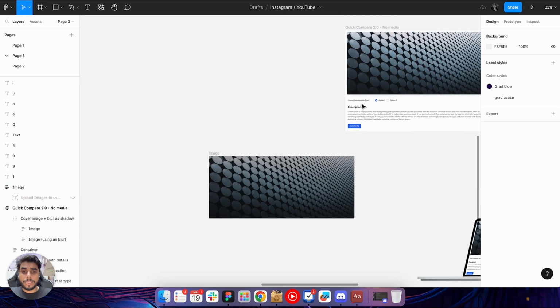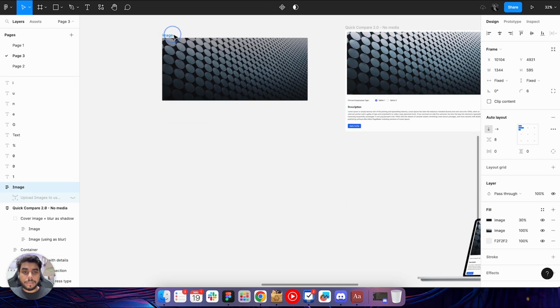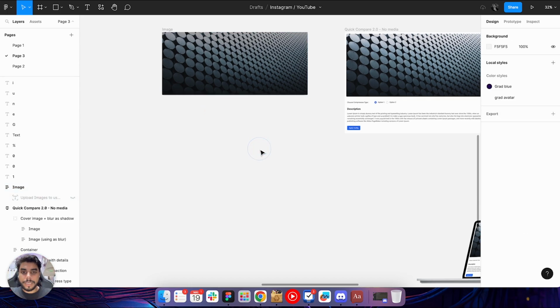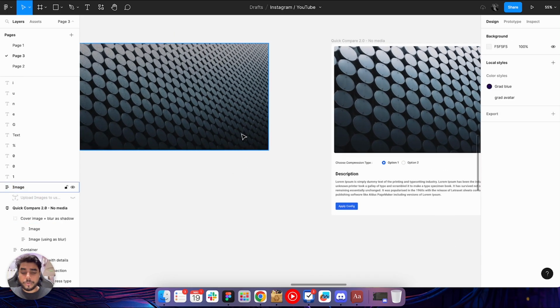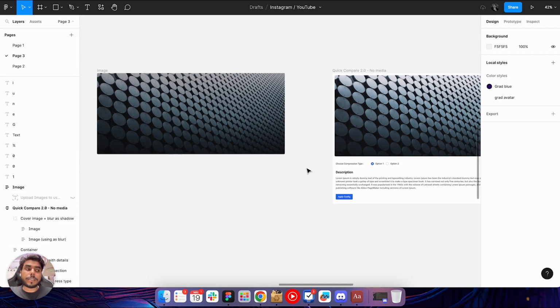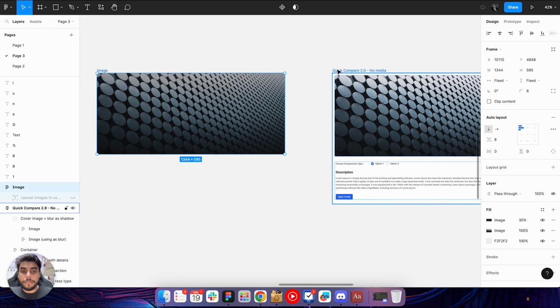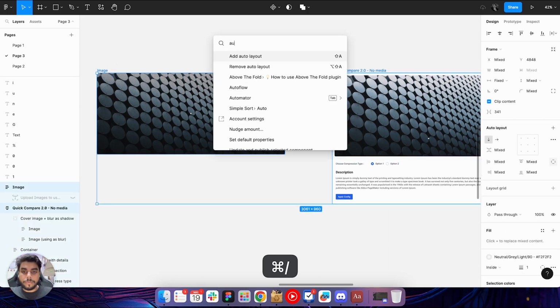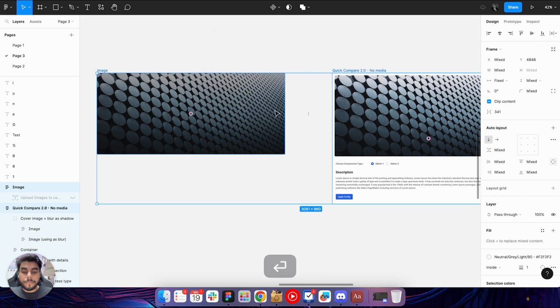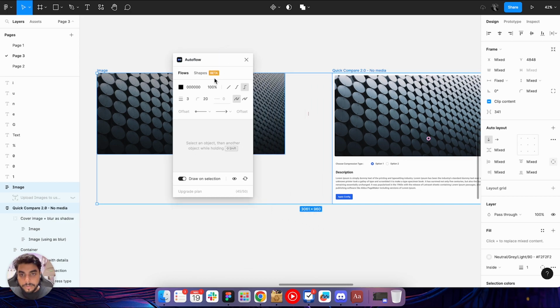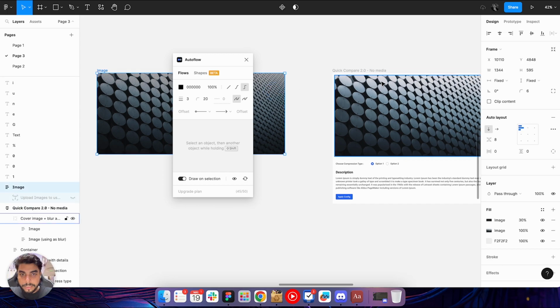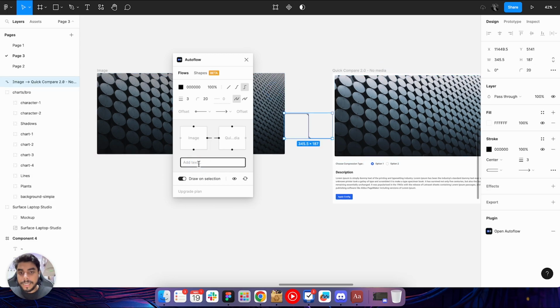Also, one more plugin which I have been using in a company. Just imagine you have two frames and you need to create a flow. How will the user understand it? Of course, you can create it in Figma, but how will you create it? Just select two frames, go for Autoflow, and it will pop up. And over here, just select this. You can add text here like flow when click,